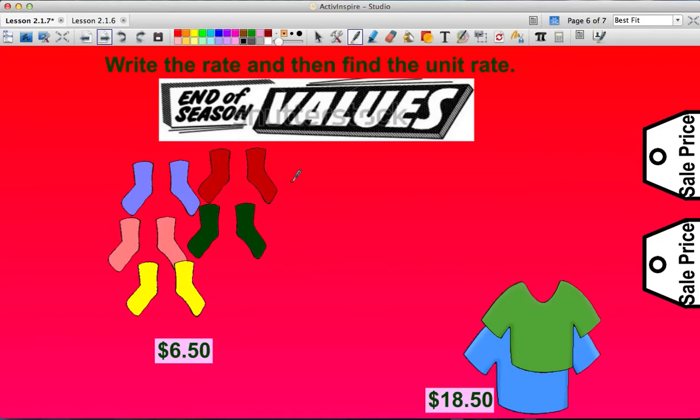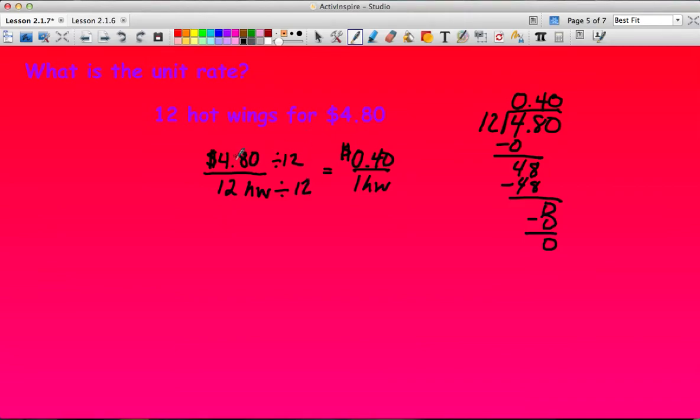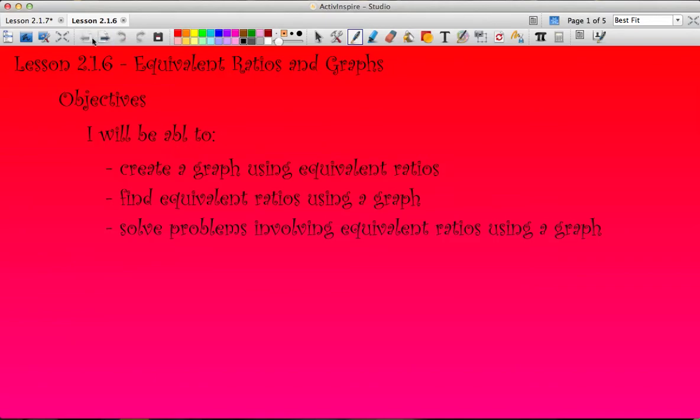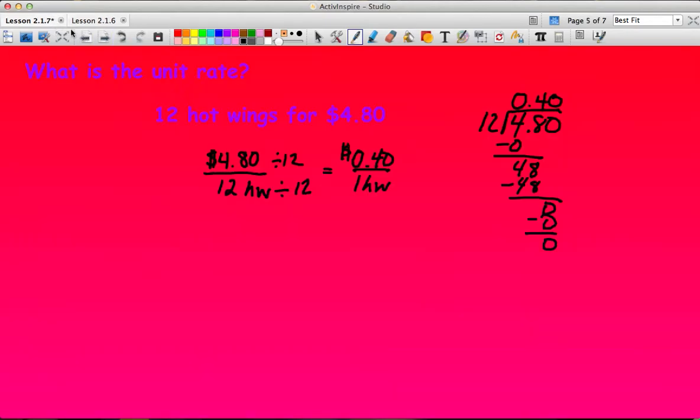All right, so we've been focusing just on finding the unit rate. And what I forgot to mention here is that this is the original rate. So this is what I pay for what I'm getting. So my $4.80 for the 12 hot wings that I'm getting. So we are going to figure out the rate